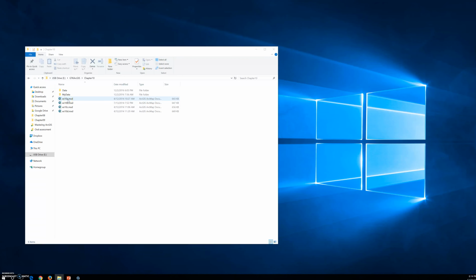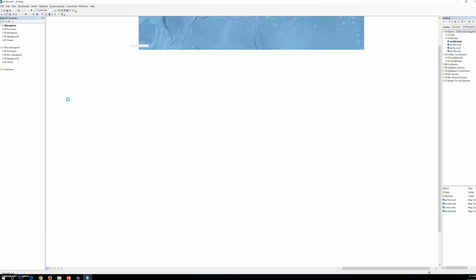In this video, we're going to start Chapter 10, Exercise 1. So let's click it out. And we are going to create a layout. The amount of space on which elements can be arranged may be anything from a letter-sized sheet of paper to